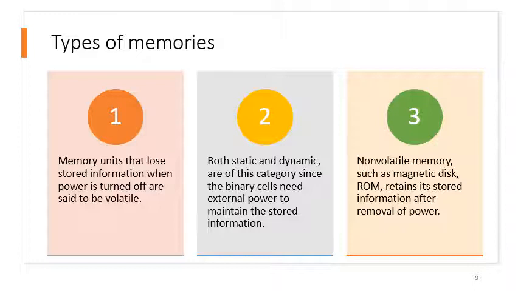We can classify our memories into two distinct categories. Either the memory module is a volatile memory module or a non-volatile memory module. All those memory modules that tend to lose their data when we remove the power supply are the volatile memory modules, such as our random access memory, regardless of whether it is static or dynamic. And all those memory modules that tend to retain their data when we remove the power to the system are non-volatile. Examples are the magnetic disk and the ROM, the read-only memory, which retains its information even if we remove the power source from the system.